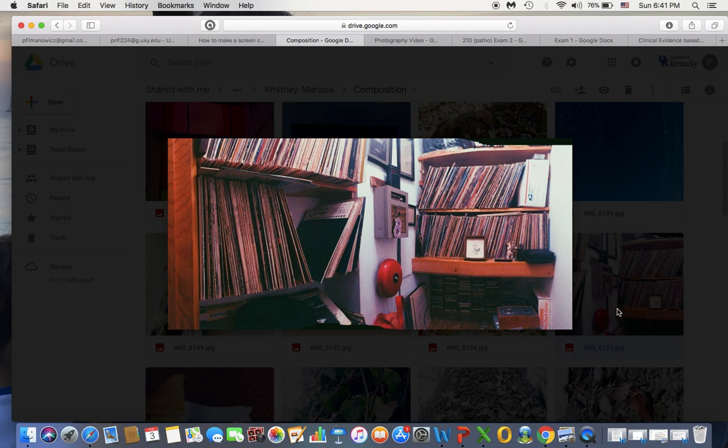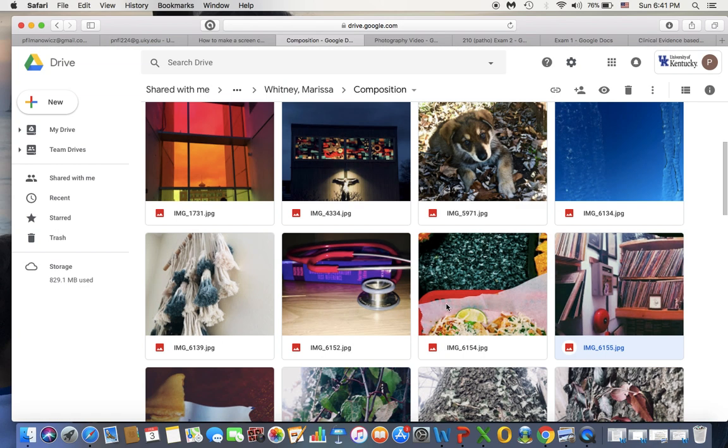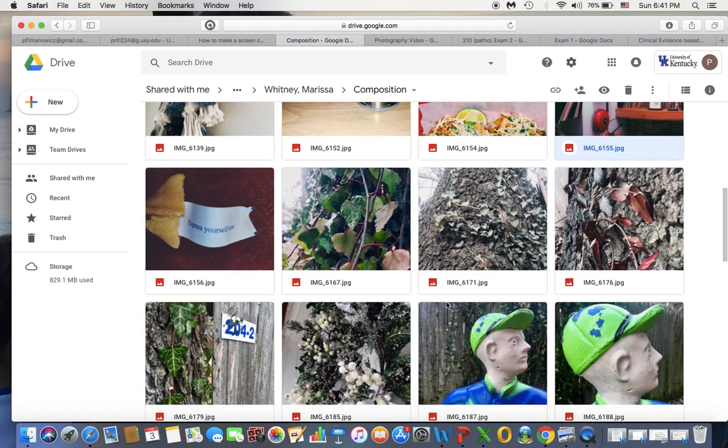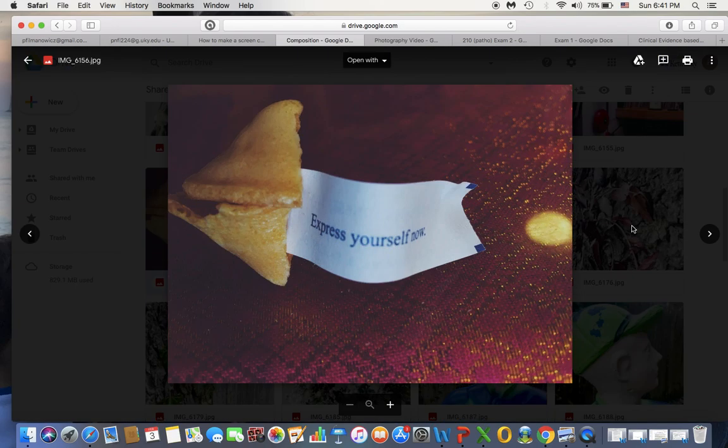And then the third picture that stood out to me was the one with the cracked fortune cookie. And I think this one was actually particularly my favorite just because of how I perceived it. It stood out to me because I do like the message on it, but also the surface that the fortune cookie is on, it stands on a surface with the pink and the striped